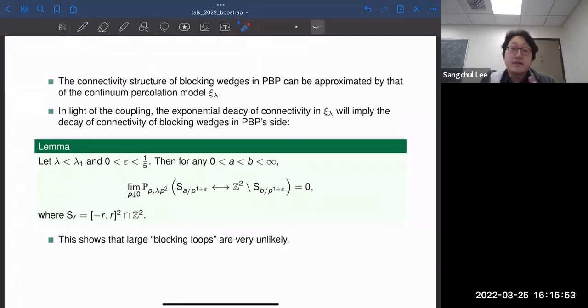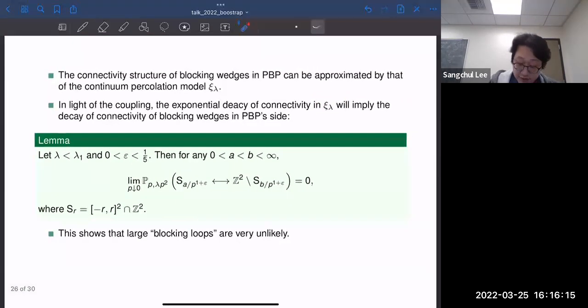Again, the first step is that we can use the coupling between the blocking wedges in the polluted bootstrap percolation and the continuum percolation model. Together with the exponential decay of the connectivity in this continuum percolation model, we can show that the probability that